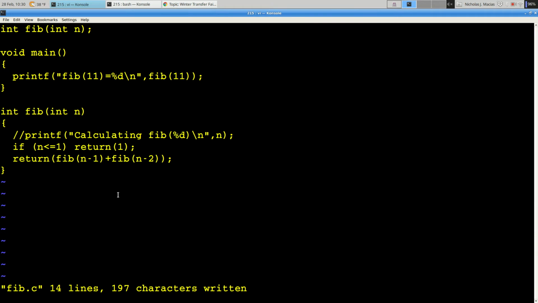And it's really easy to write. We didn't have to make any loops. We didn't have to have 2 temporary variables to keep track of the 2 previous values. We really just used the recursive definition, which is the nth Fibonacci number is the sum of the n minus first and n minus second, unless n is 1 or 0, in which case we just return 1. So the downside to this